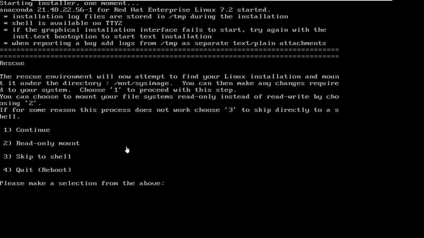It is loading our DVD's file system, and it is starting our small file system, a small OS we can say, from the DVD for rescue. So under the mnt it will create the sysimage directory, and in this directory it will try to mount our main file system if it gets it.